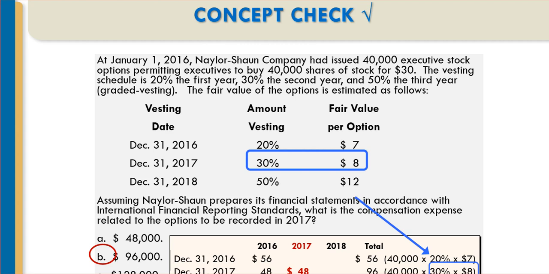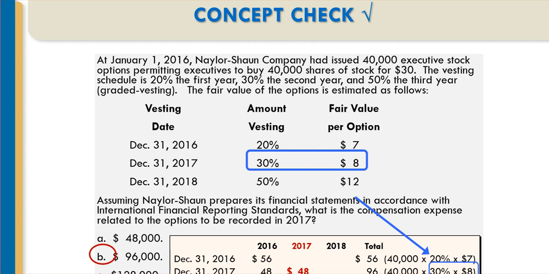Now you're going to say, that is not the number that's circled. The number that's circled is 96. You know why it's 96? Because it says up here, in accordance with International Financial Reporting Standards. Okay? So what I would like for you to do is to go to this slide in your PowerPoints, in your notes, wherever it is, and note that the amount which I would like for you to see for 2016 is 184. For 2017, it should be 48 plus 80, which is 128.